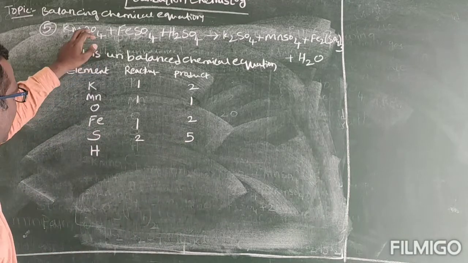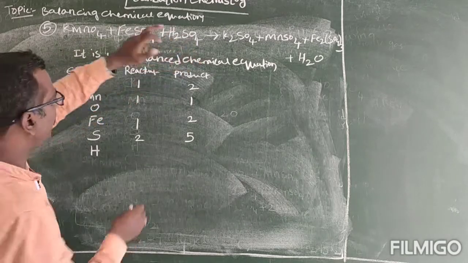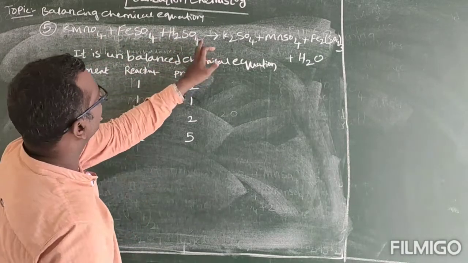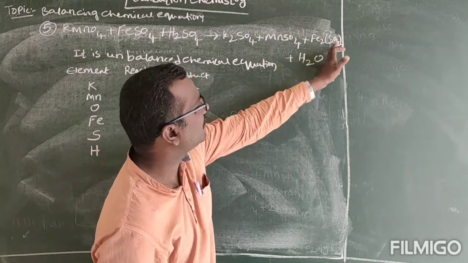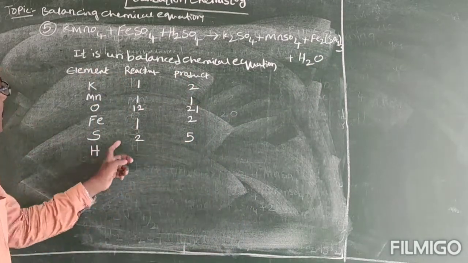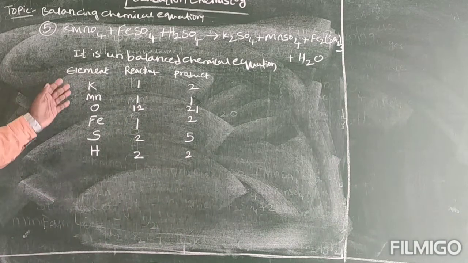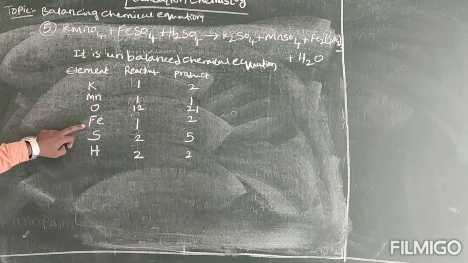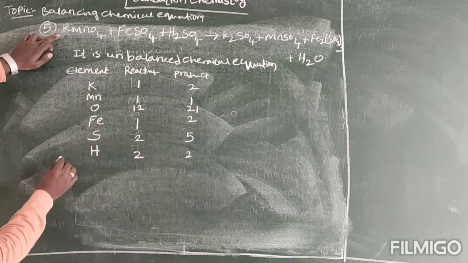And hydrogens. Sorry, we forgot about oxygens. 4, 4, 4, 8, 8, 4, 12. And here 4, 4, 4, 8, 8 plus 12, 20, 21. Next, hydrogens. 2, and this side also 2. So first, manganese is balanced. Next, iron we have to balance. Next, potassium. So we will use the easy number technique. So directly I can write